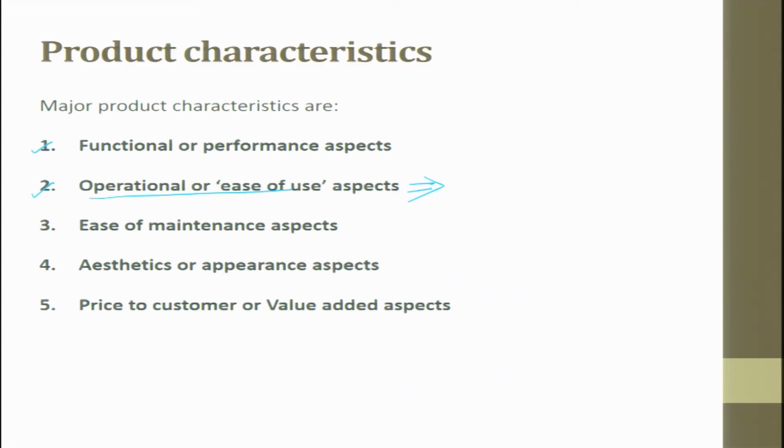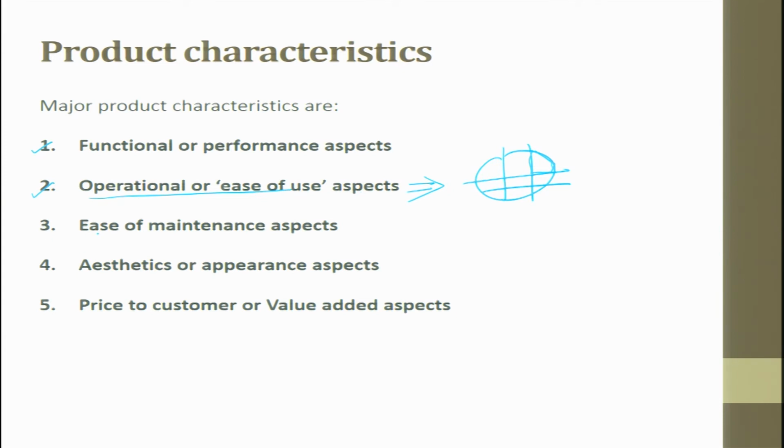That means to say it did not have a device or a product or a spoon which could accommodate that smoothness and softness to scoop it out. Okay. So we wanted a large piece to be segmented into several pieces, which we could not. And we wanted it to be exactly cut into whatever shape we want, we could not. So, this is one of the things, operational and ease to use aspects.